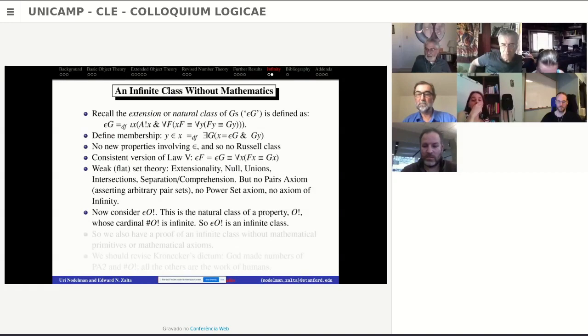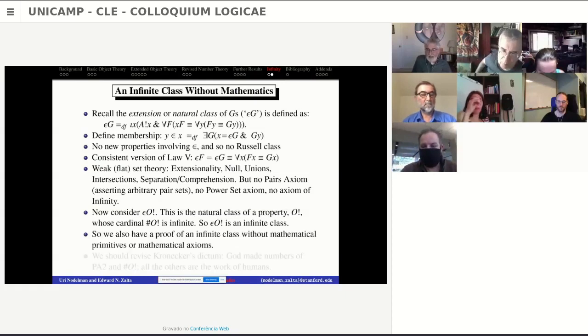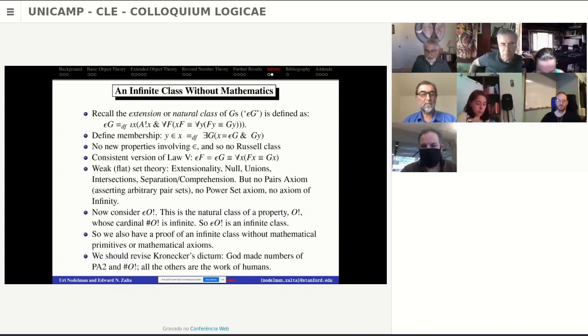This is the natural class of the property of being ordinary, and its cardinal is infinite, so the extension of that property is an infinite class. This gives us a proof of an infinite class without mathematical primitives or mathematical axioms. And so I'll conclude by suggesting that we should revise Kronecker's dictum as follows: